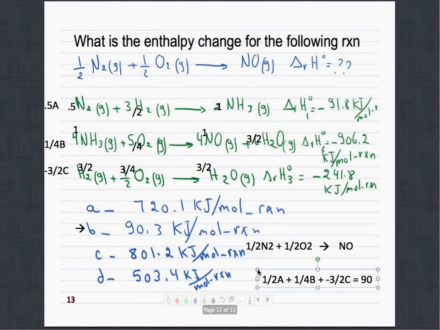Now, if you do so, you're going to end up with 3 over 2 water gas to give 3 over 2 H2 gas plus 3 over 4 oxygen. So I'm going to put a plus sign for the delta H and multiply it by 3 over 2. Now, if you add the 3 reactions, you're going to get the above reaction, which is half N2 plus half O2 to give NO. That means if you add those numbers,